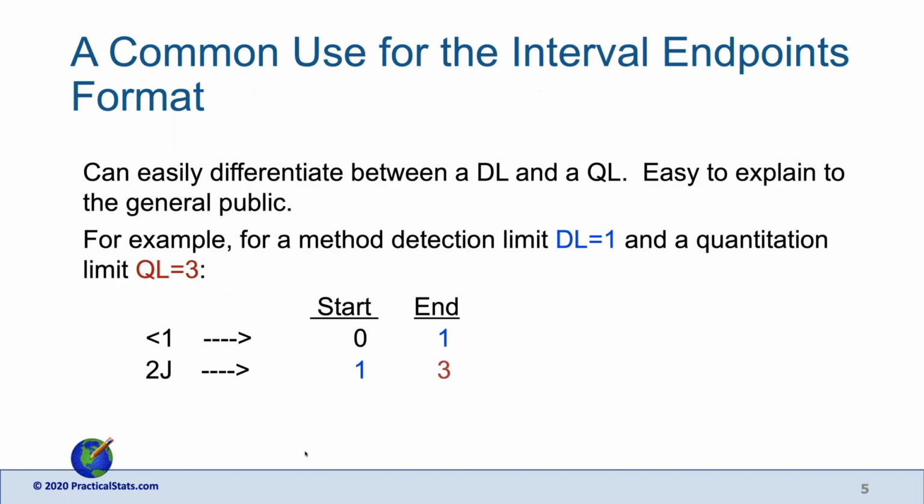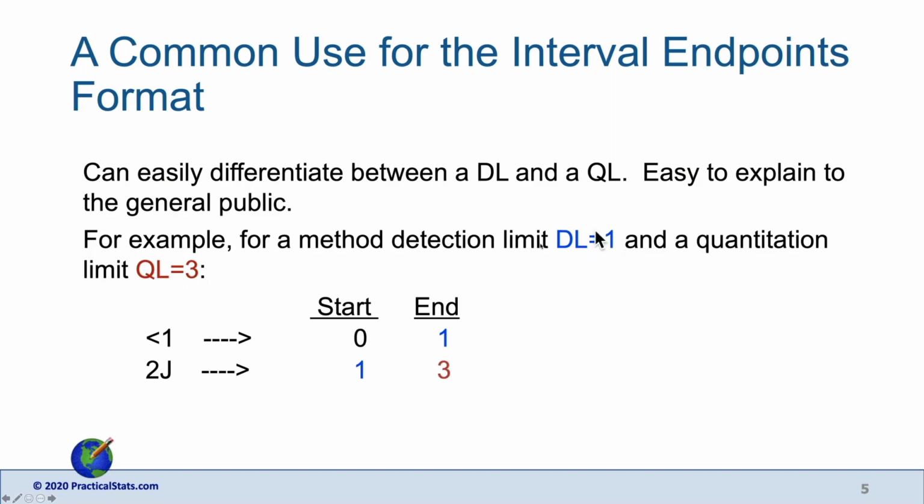Looking at greater than values is not the primary use, or has not been in the past, for the interval endpoints format, for doing interval censoring. Here's the primary use in environmental science for interval endpoints: to represent differently data that are below a method detection limit and data that are below a quantitation limit, and especially data between a method detection limit and a quantitation limit. So if you had a method detection limit of 1 and a quantitation limit of 3,